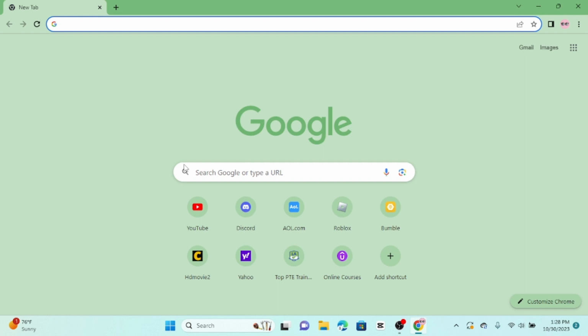Today we are going to show you how to install Free Fire, the popular mobile battle royale game, on your Windows PC. It's a simple process and we will guide you through it step by step. So let's get started. To play Free Fire on your PC, you will need an Android emulator. We recommend using a trusted one like